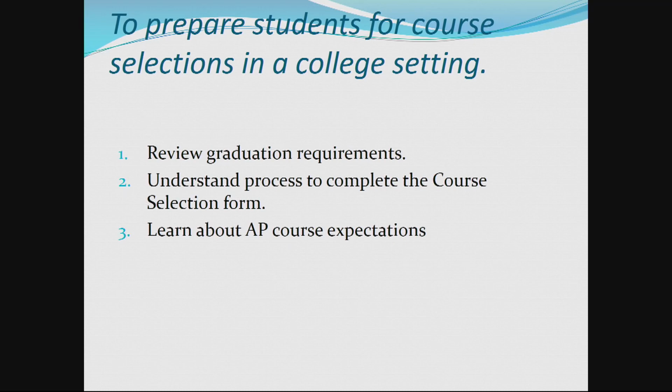to make changes. Our three main goals are: 1, to provide a brief overview of Eastham High School's graduation requirements. It's important to understand these requirements so that you and your child can choose the correct classes, which will ensure that they are on track towards graduation. 2, to understand the process of requesting courses for next year by going through the course selection sheet. 3, to learn about expectations and requirements for our AP classes. Many of our AP courses are popular with students, so it's important that students understand what will be expected of them should they request these courses. Let us move on to the next slide.